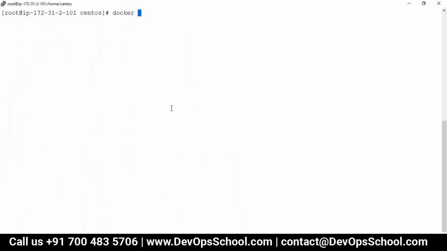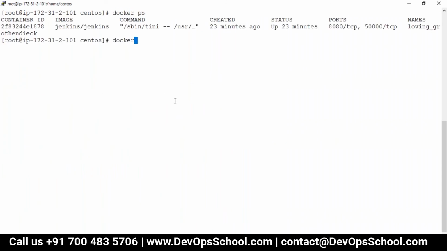See here, docker ps, docker run ubuntu. You know this command, but you know what is a drawback of it? This will run my container but exit. But here what I am trying now is I don't want the container to exit. So what I'm going to do is -it, okay, and here I run.